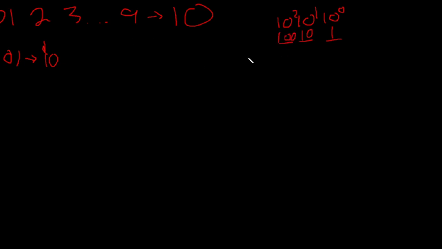That's different compared to binary, as binary has 2 to the 0th, 2 to the first, 2 to the second, and so on. So with this you have the 1s, the 2s, the 4s,